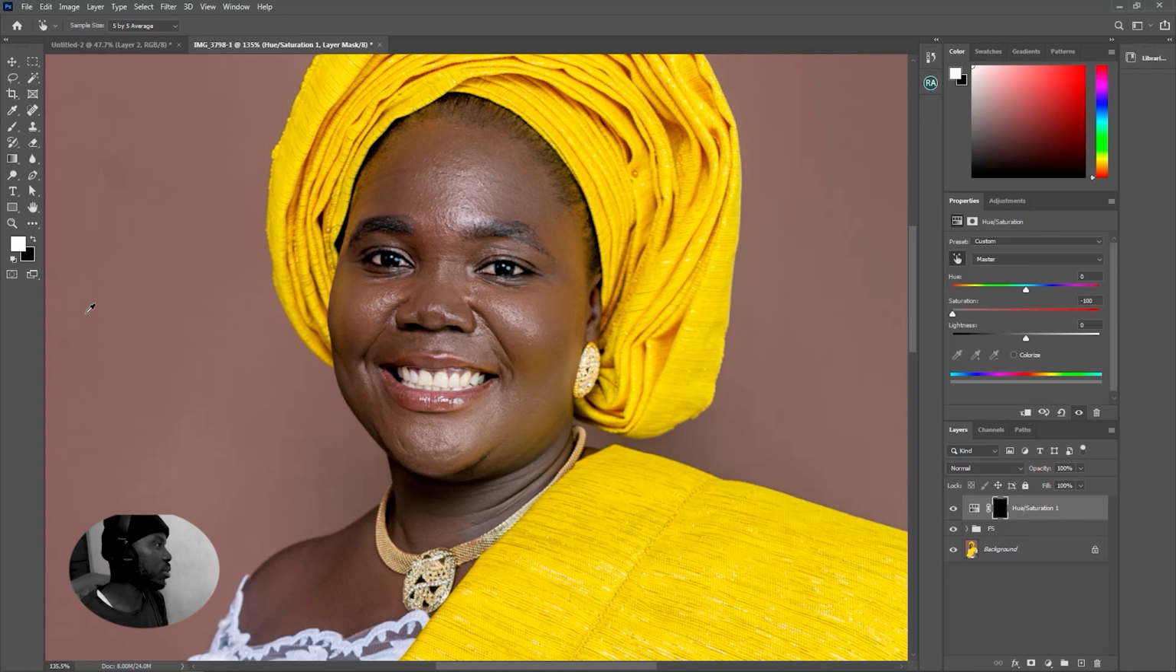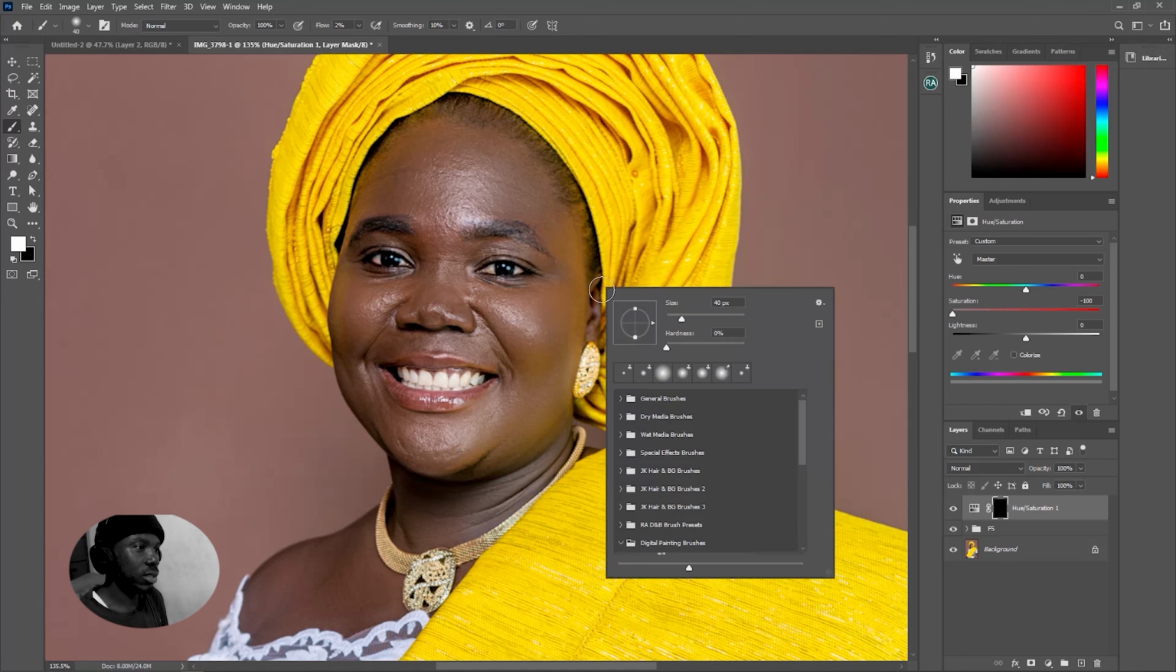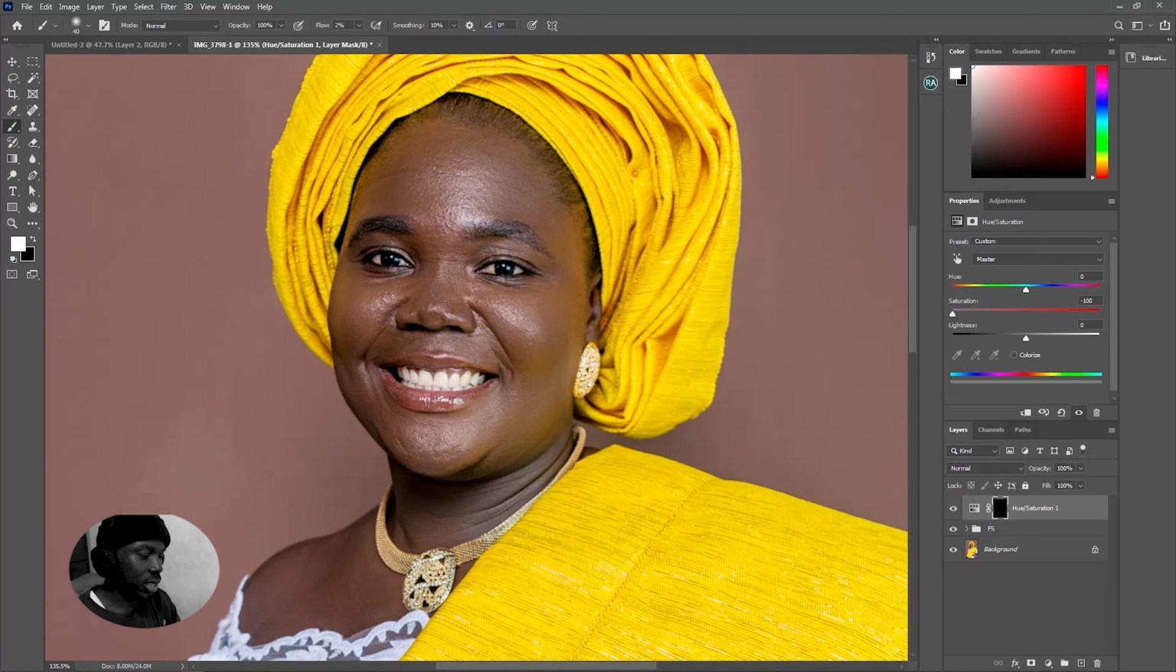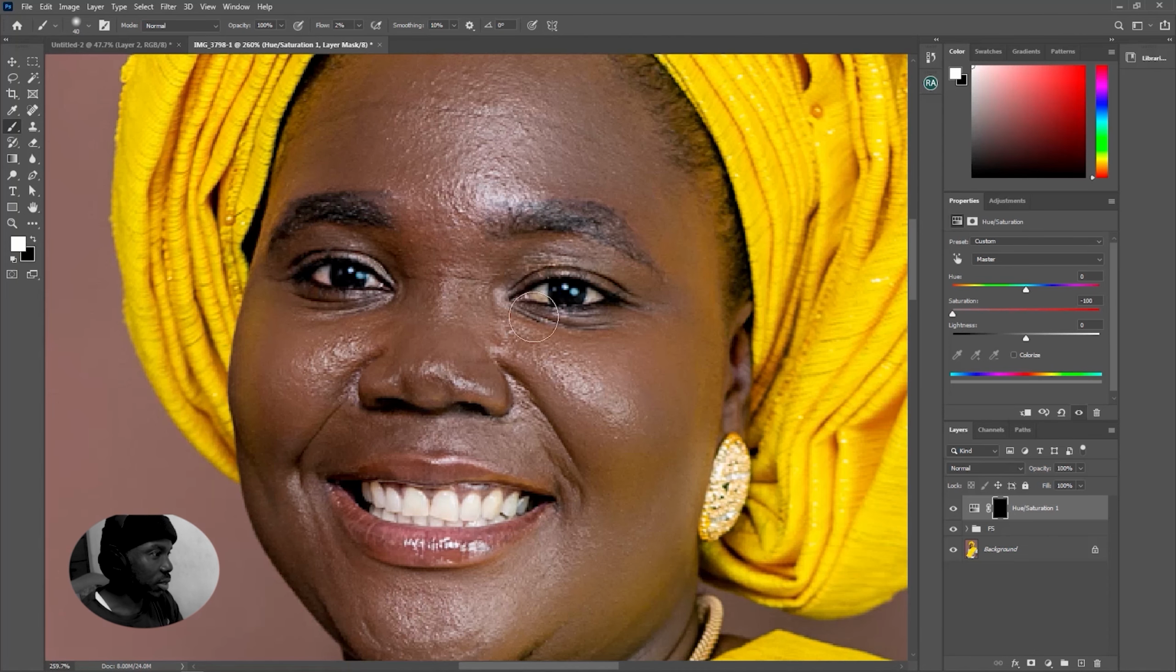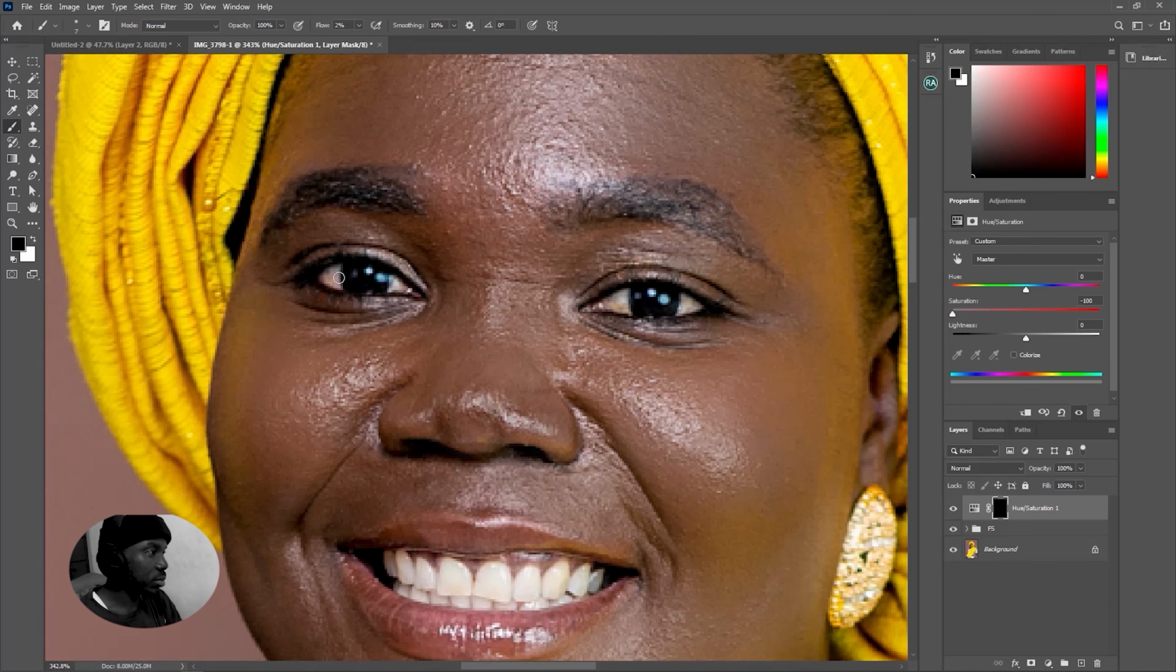So let's take our brush tool and let's make it soft. It should be soft. Let's decrease the size. Let's zoom out. Decrease the size. You see, it's not picking simply because of the foreground and the background color. So let's just toggle it. Foreground, background, or you can press X or D to toggle it between the black and white. So let's toggle it, and now let's come and just